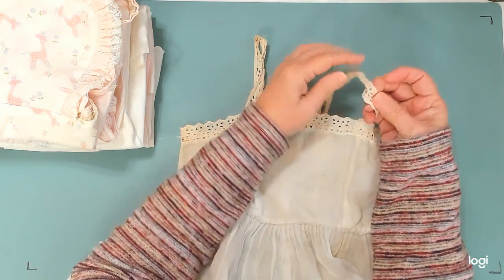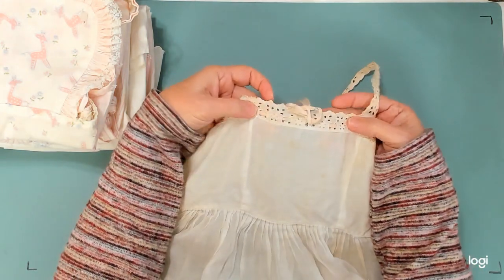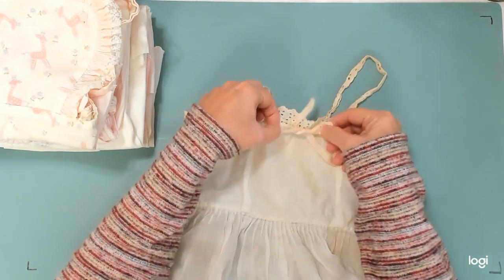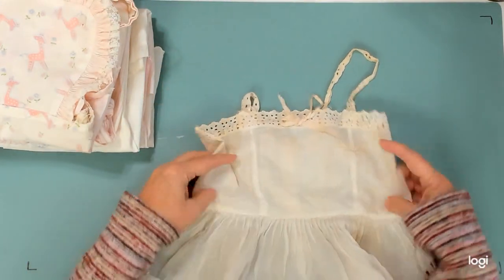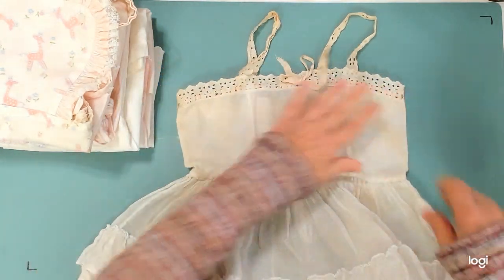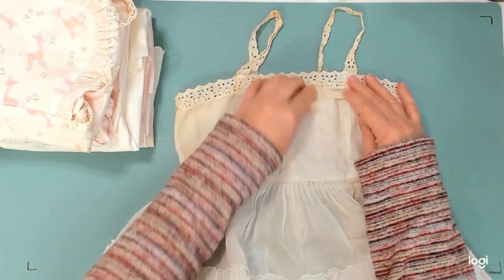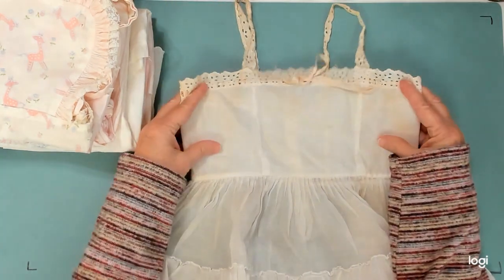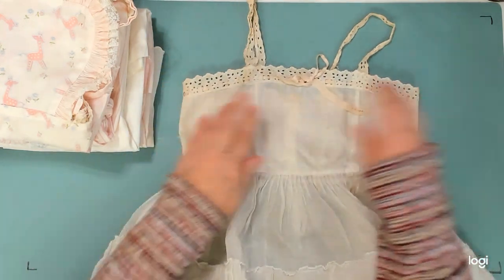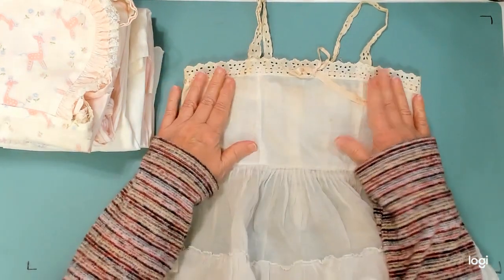Had your little straps with the little lace across the top and little ribbons that tied in bows that nobody saw because you had a dress on, but you knew it was there. Just those little added touches that make us females of any age feel pretty, even if nobody sees what you got there. You know, like fancy underwear that nobody really sees other than your husband or whatever. Partner, significant other, whatever you want to call it. But anyway,